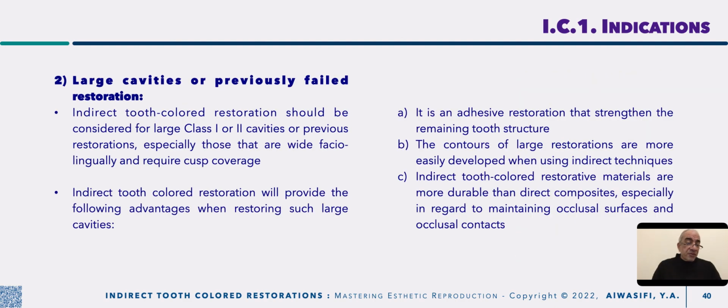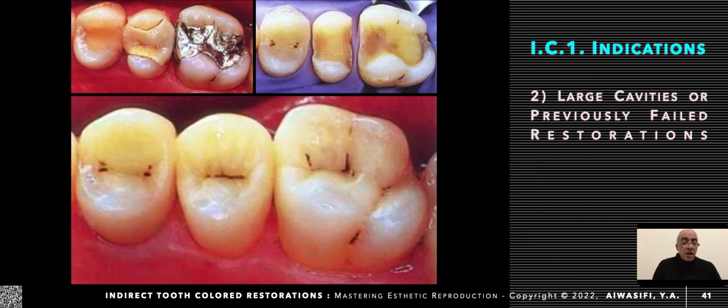Large cavities or previously failed restorations. In these cavities, you need adhesive bonding to reinforce the remaining tooth structure. You need to recontour these extensively damaged teeth to develop proper contact and contours. At the same time, you need a much more durable material to serve well with these extensively damaged teeth. That's why it is indicated for large cavities or previously failed restorations, like this case,